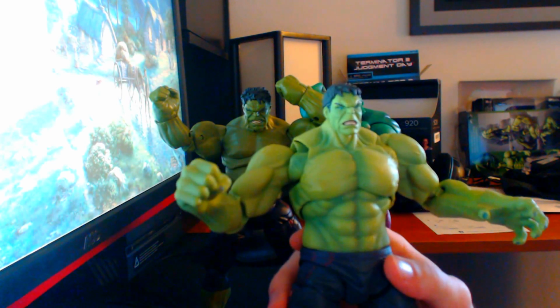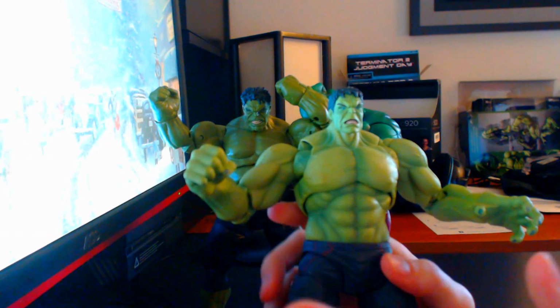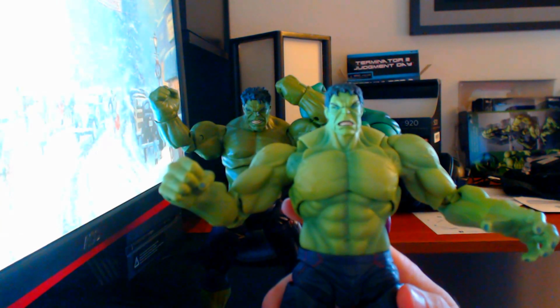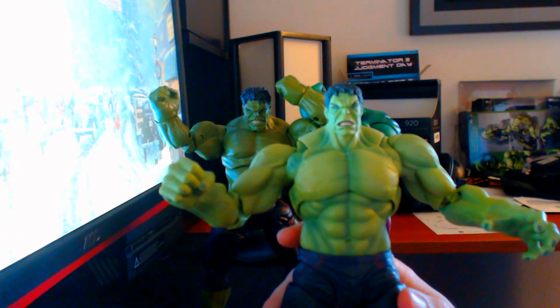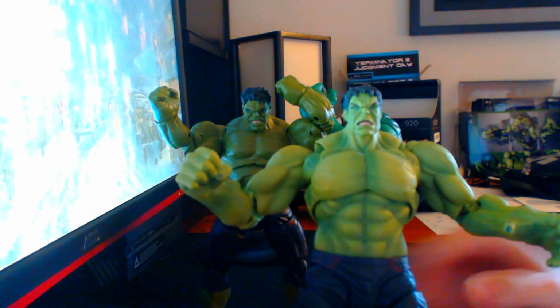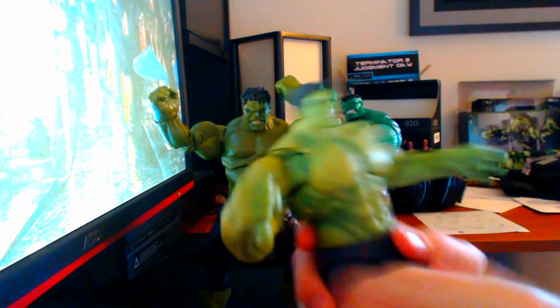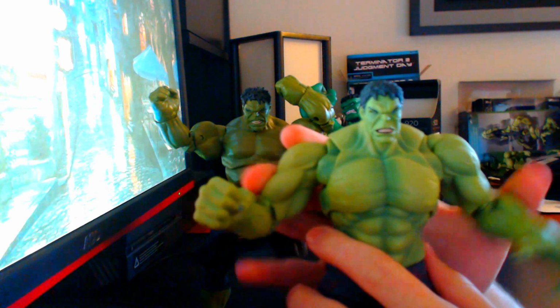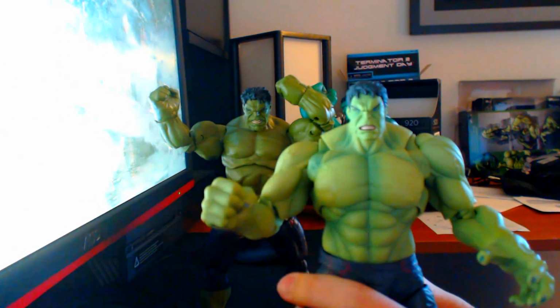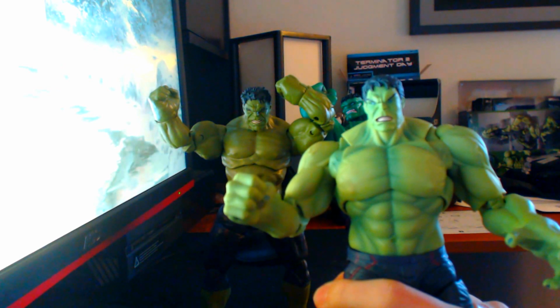Anyway, Ultron, Thor, Captain America, Iron Man, mini Iron Men of all different varieties, which I don't have, because I do have some pretty cool Figma Iron Men, and I'm happy with them. So I'm going to pass on Iron Man for now, but I have the other three, which maybe I'll do reviews on later. But anyway, like I said, this is not only my first action figure review,